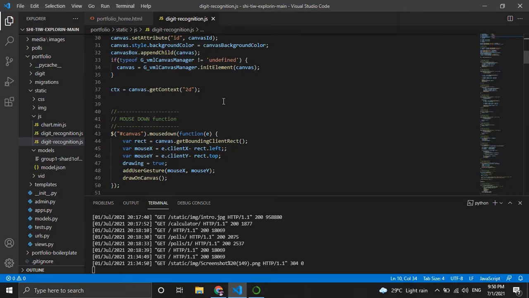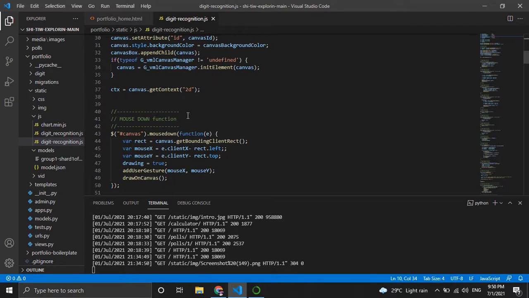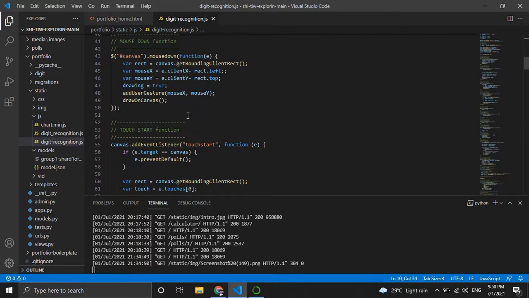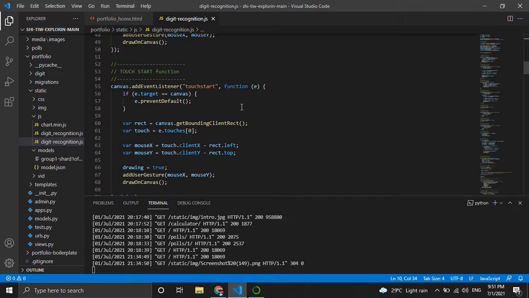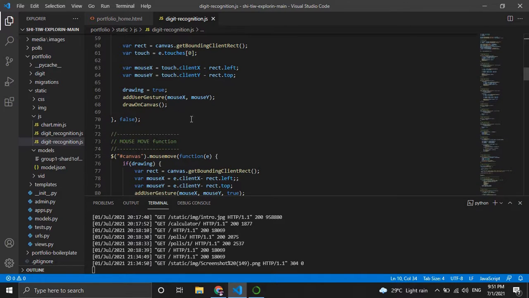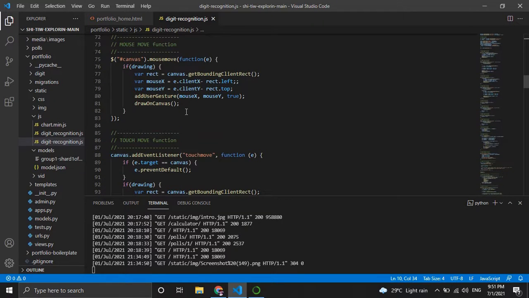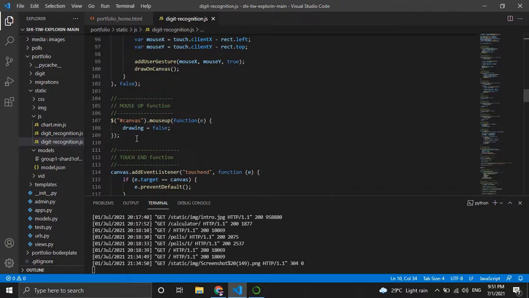As we can see, now we are using it on the laptop screen, but if we want to use it on the phone screen, then we can also use our touchpad. This function defines the user accessibility on phone, and the person can draw the digits on those blackboards using their fingers. These functions define all those things. These are the mouse functions, and these are the touch functions.